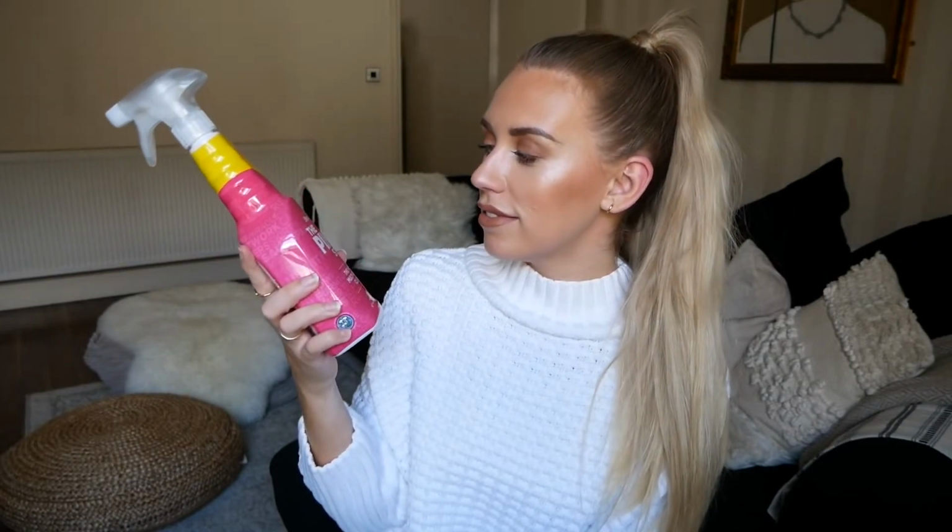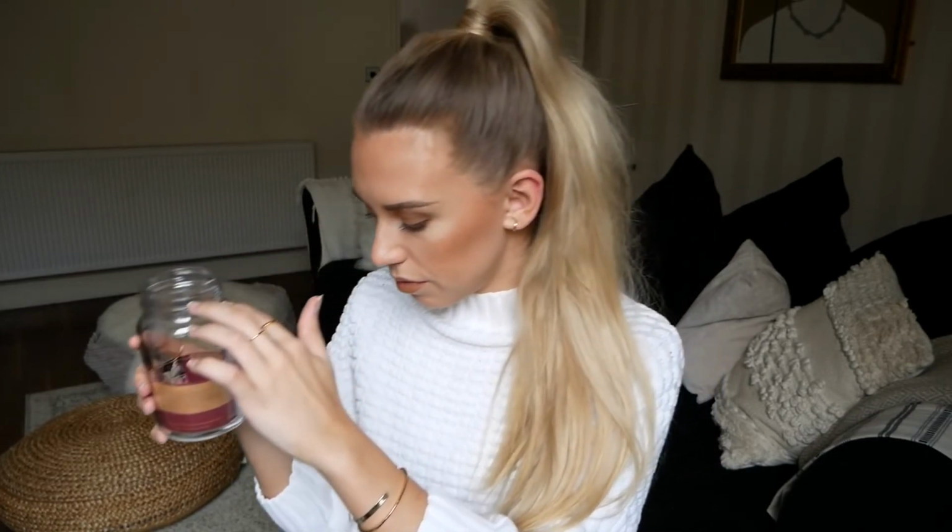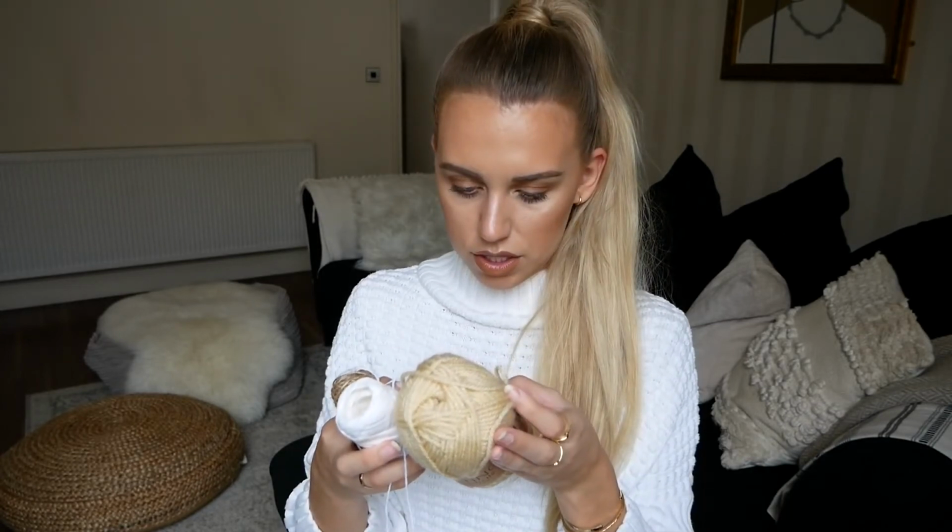picked this one up for just £1, obviously, from Poundland. The Pink Stuff miracle. This is the new, actually I've just realised, does this come cheaper in B&M, in this metal material? But I will be DIYing these and hopefully transforming them, and hopefully trying one as a little vase and maybe putting some baby's breath in there, and maybe even tying some, what's it called? If ever you've had Lotus biscuits, knitting, what's this called? Rope? No. Thread? I don't actually know what that's called. How can I do this? If ever you have